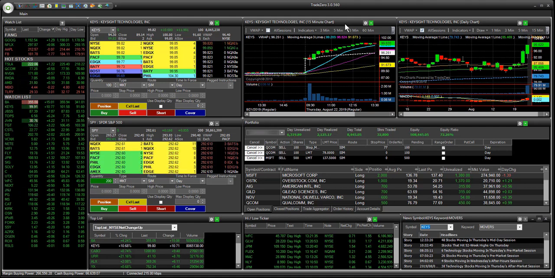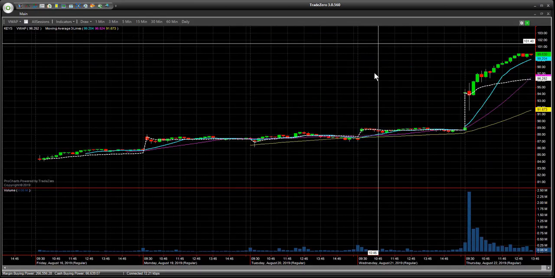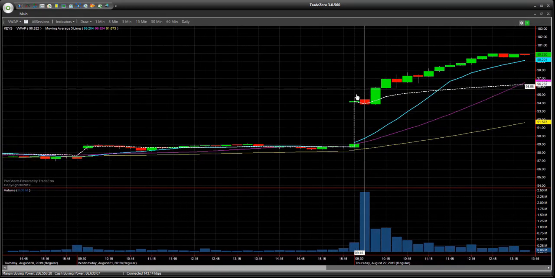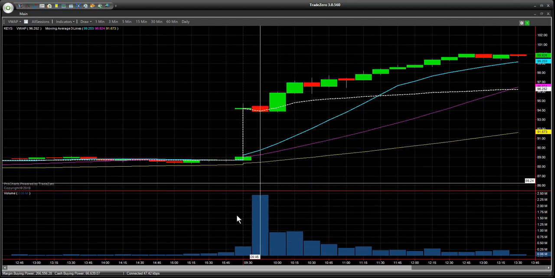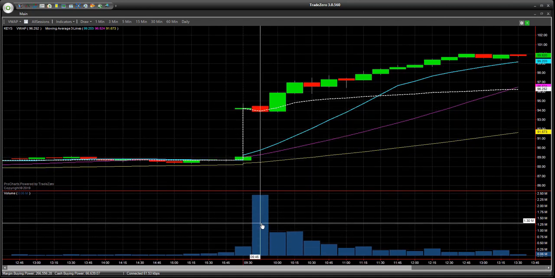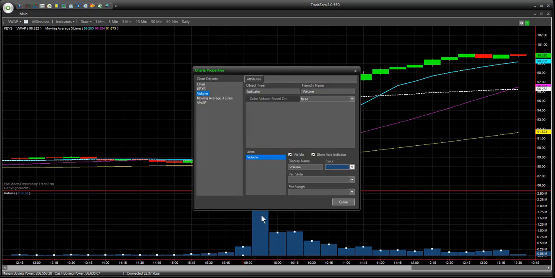Okay, now let's take a quick look here at our charts. ZeroPro gives traders a really great deal with the advanced charting package. We're going to expand this chart and take a quick look at the different indicators that we can use. So currently on this chart we have volume, and let's just say, for example, we want to change this. Just double click on it,